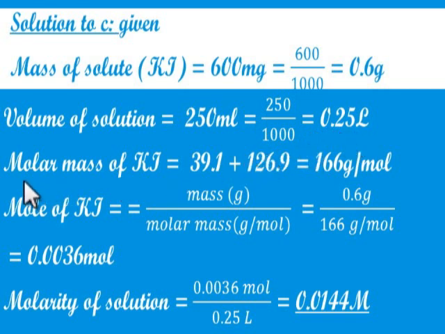Okay, good. So the molar mass of potassium iodide is 39.1 plus 126.9, because the molar mass of potassium is 39.1 and that of iodine is 126.9. That summation gives us 166 gram per mole. Watch my video on how to calculate molar mass for more information on that. Now the mole of potassium iodide is the given mass, which is 0.6 gram, all over the molar mass, which we calculated to be 166. So 0.6 divided by 166, that gives